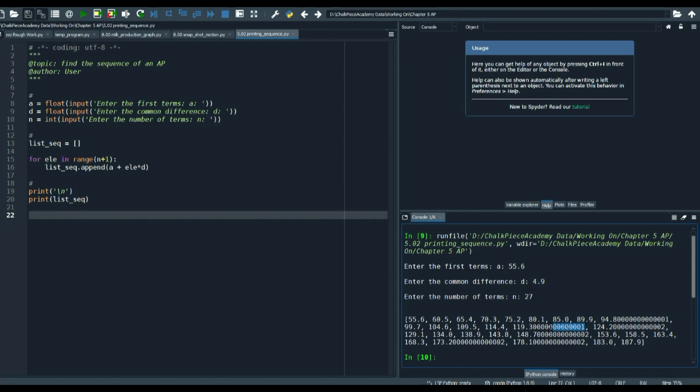Other than this, it has to do with the system and coding, the Python itself, so don't bother with that. But all of these numbers will be increased by a value of 4.9. At the last, the 27th year, we can see it is approximately 187.9,